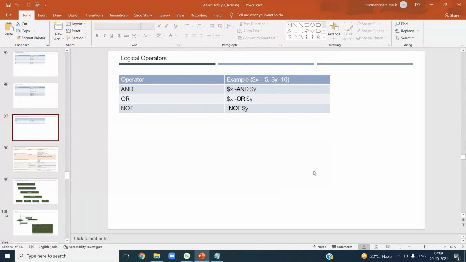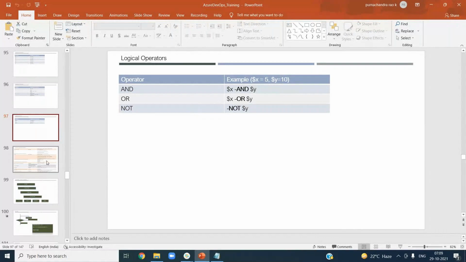So yesterday we were seeing some fundamentals of PowerShell, and we also saw some small commands, and then we started looking at operators and also looked at variables as part of this, right? As simple as that.